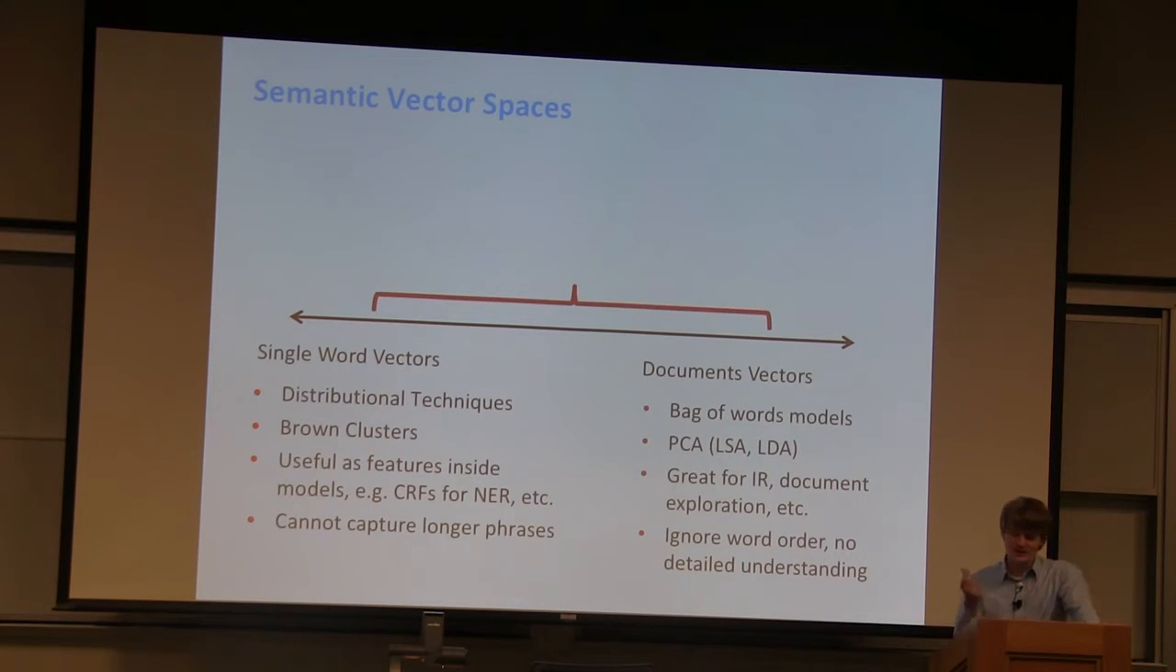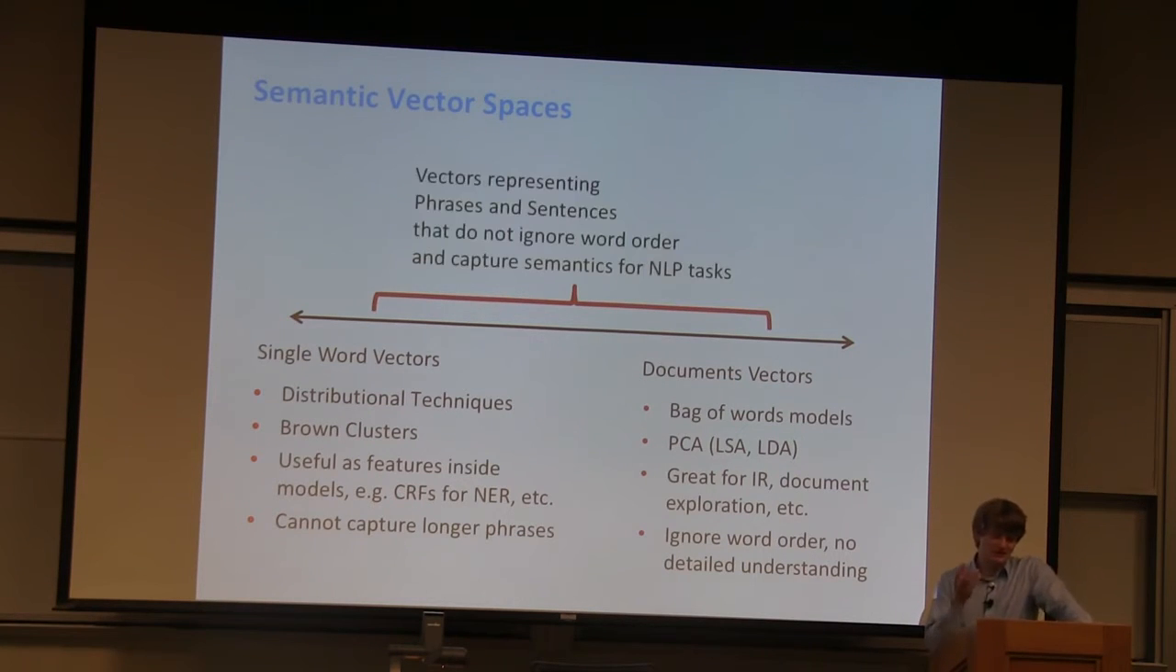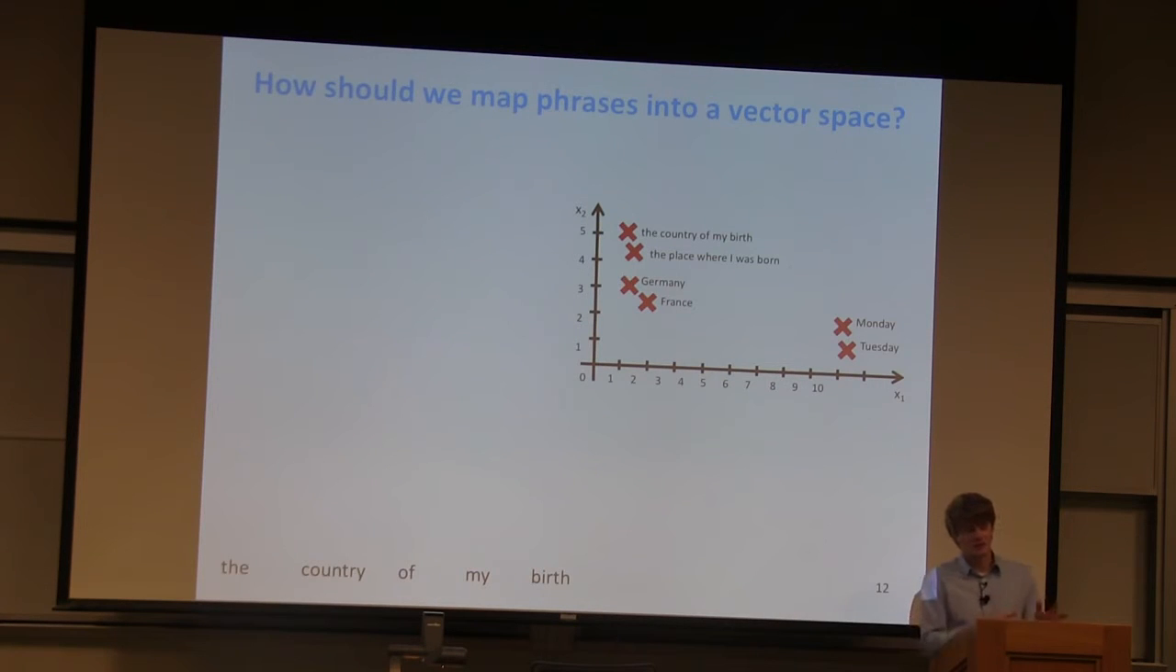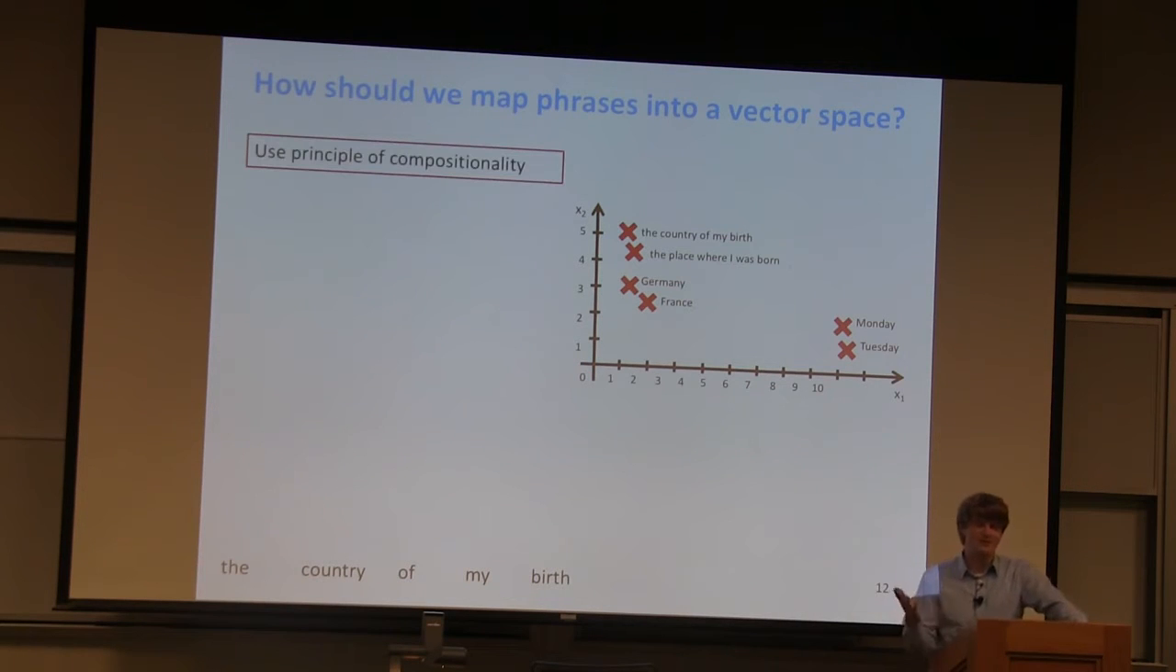Now, where it gets really interesting is when we try to describe phrases and sentences in a way that captures the word order as well as the complex semantics that we might see, such as negation, and you have maybe just a short tweet or a single sentence that you really want to understand carefully. So that leads us to the question, how should we map phrases into a vector space? One answer that will lead us to recursive neural networks is to use the principle of compositionality, which is a really interesting, very